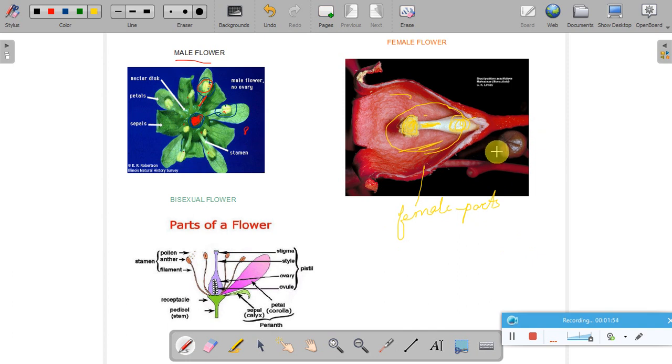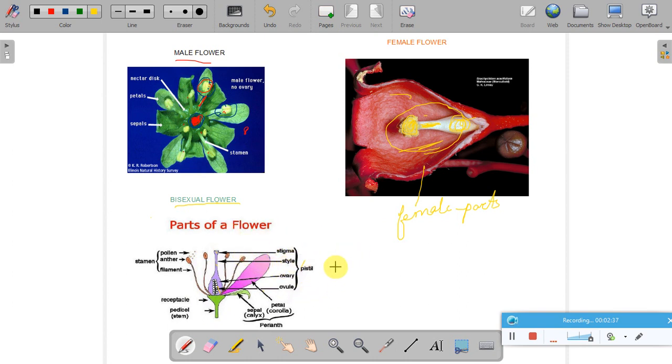The flower that we have studied is called a bisexual flower. Bi means two. So both male and female sexes are present in one flower, which is a bisexual flower. So: male flower, female flower and bisexual flower. That is why we started with a bisexual flower, so that you know all the different parts in a flower. If you see this flower, you can see the male parts, which are the anther and the filament. You can see the female parts, which are the stigma, style and the ovary. All these parts are present in a bisexual flower.